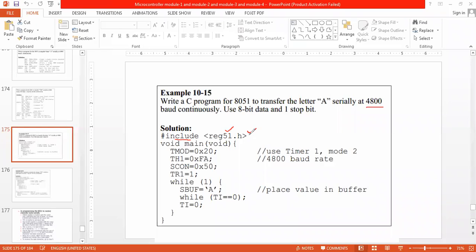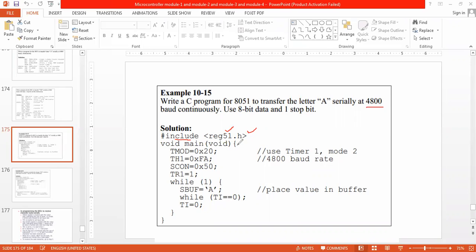This is a must because we are working with the registers of the 8051. This reg51 file has all the register sets and definitions, so we have to include reg51.h every time.